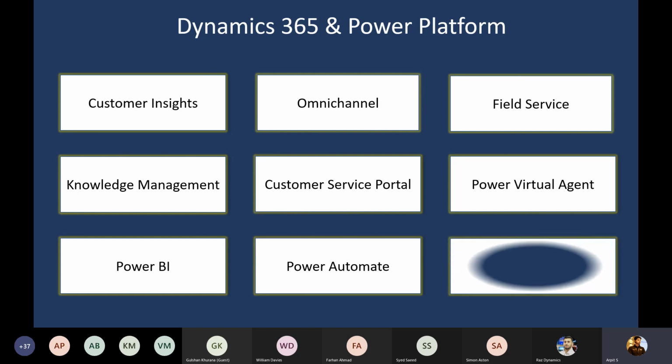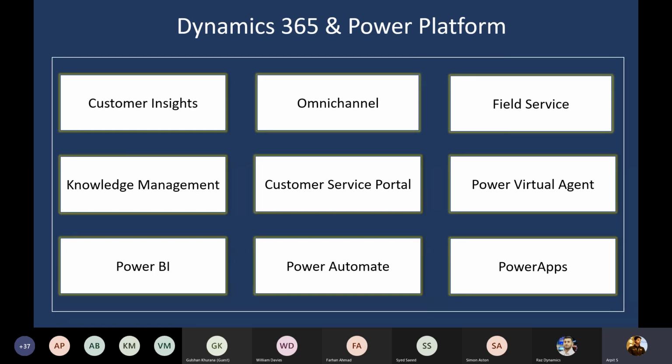Okay, and the last but not the least is the Power Apps. Obviously, if you have to design any applications, the mobile app, the tablet apps, and you have to quickly set up that app, the customer self-service portal is also part of the Power Apps. So if you have to quickly set up a website, the mobile UI, then definitely the Power Apps is one of the best ways to design your application in a very short span of time. Okay, and all these components are actually used to overcome all the challenges that the contact center is having right now. All right.